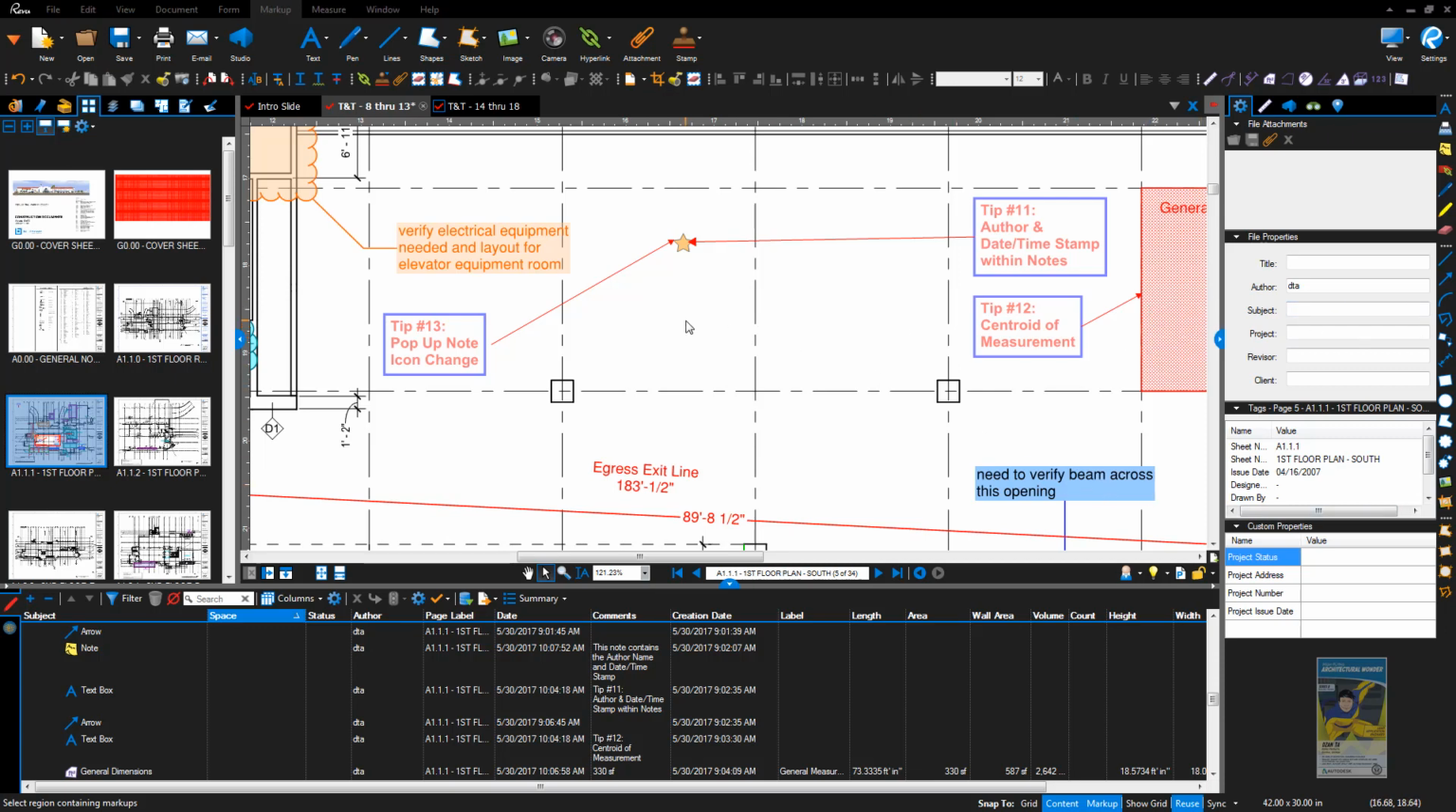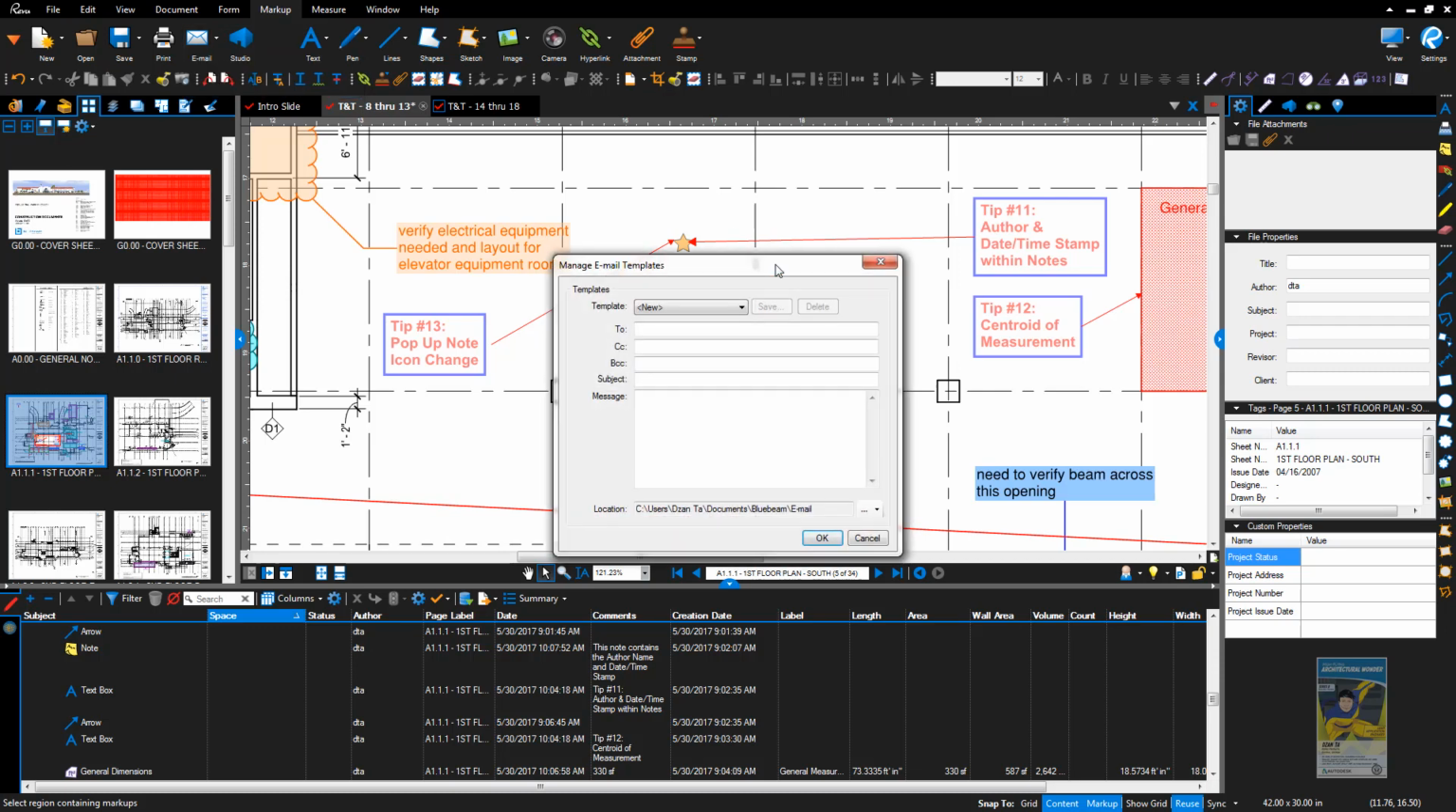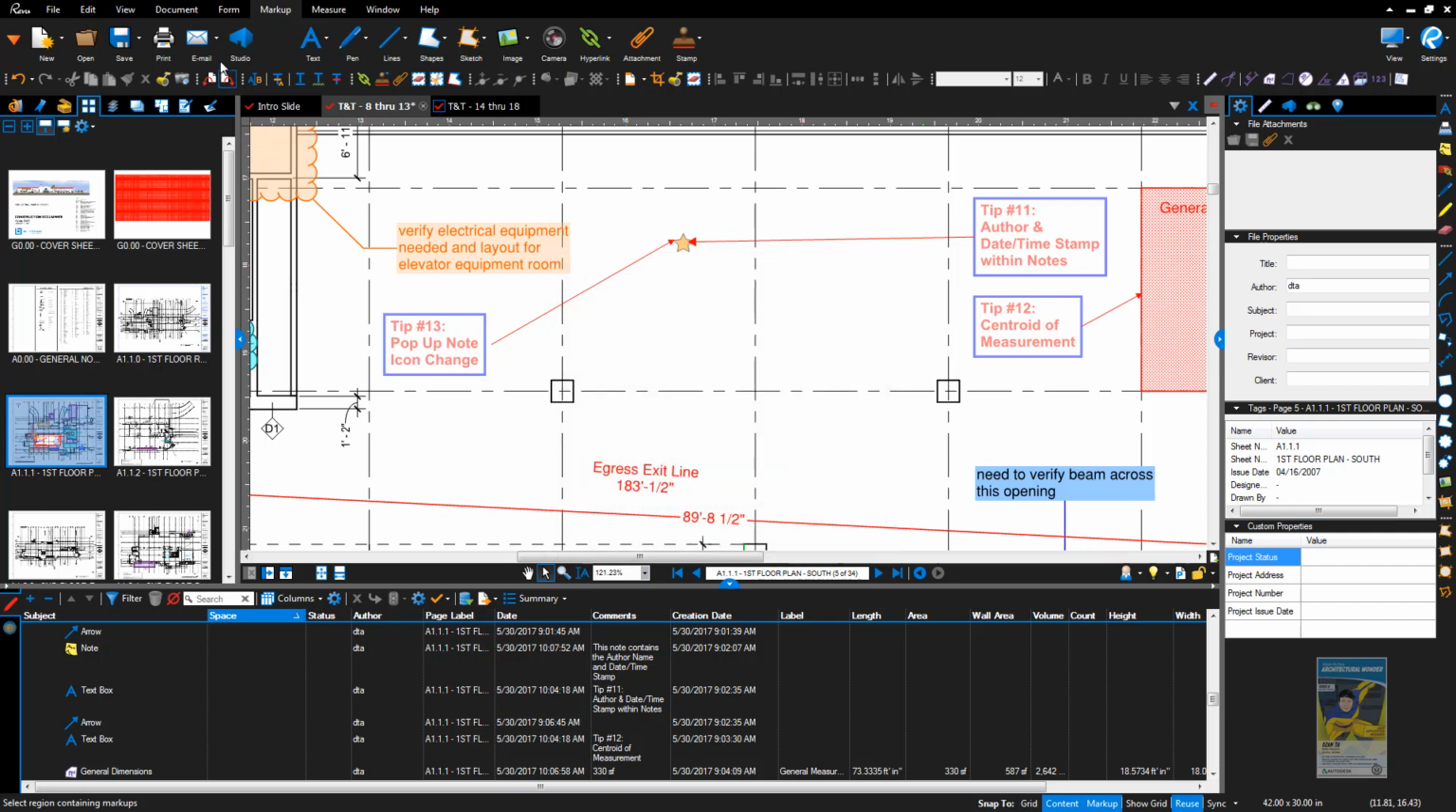Tip number 14 involves emails and email templates. Here in the ribbon, you'll see under email, you can click the little white arrow and you can manage email templates. And you can create a new one specifying to whom the email goes to by default, CC, BCC, the subject, and the message. I created one earlier called Review Demo, and it gives me a template for the subject and the message. Because I've done this, I can head over and use the email command now, and it should open up